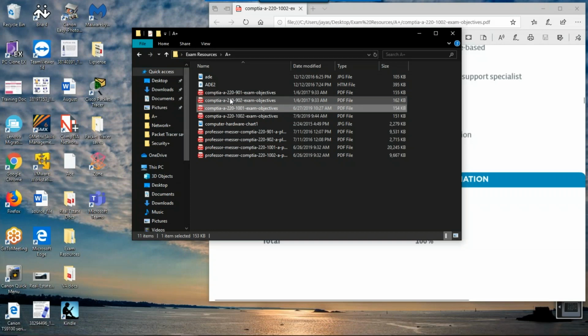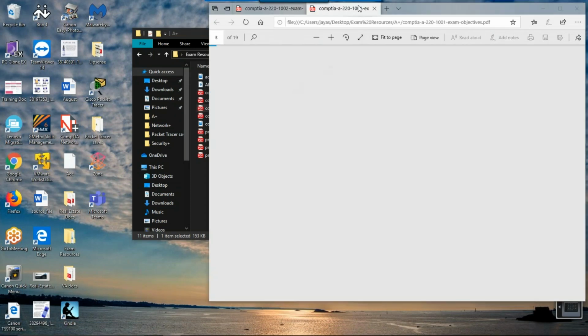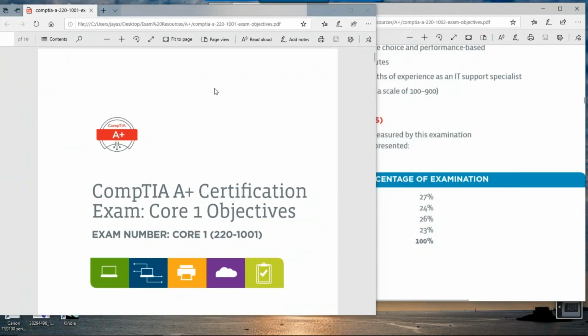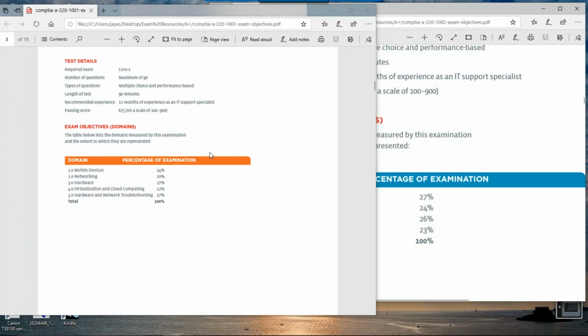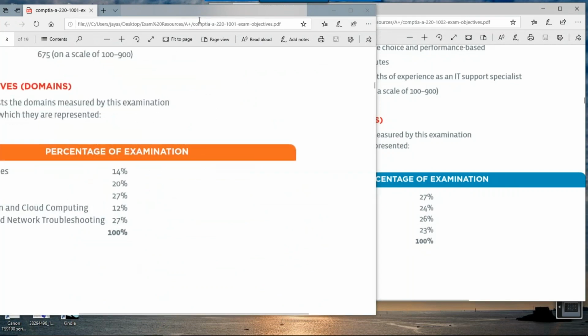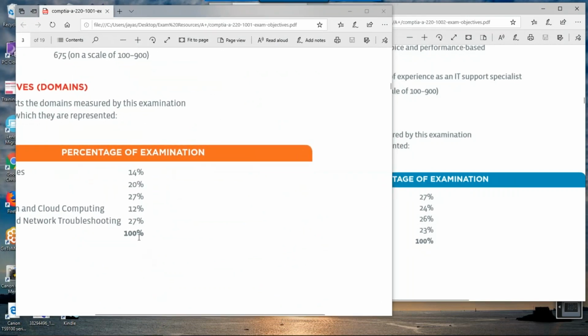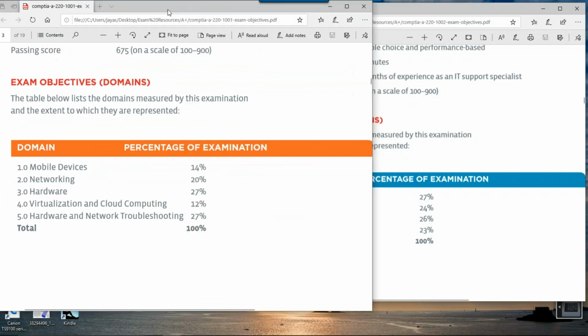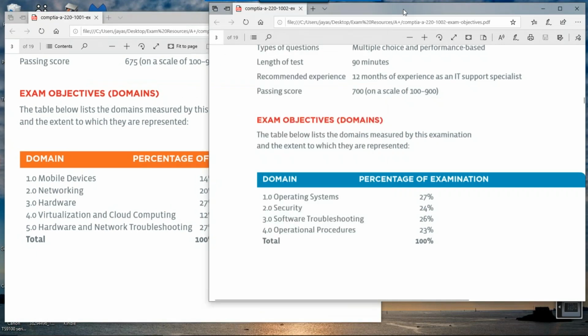So let me bring up the 1001 objectives. There we go. All right. So I'll come over here, scroll down a bit. This doesn't work that well.